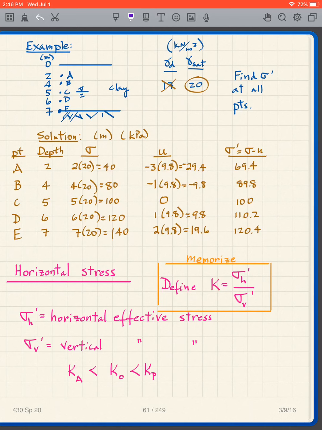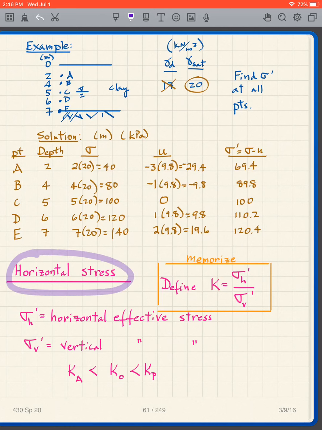Okay, so I want you to use that in this class, in that clays and silts, they're going to be saturated above the water table. Okay, so